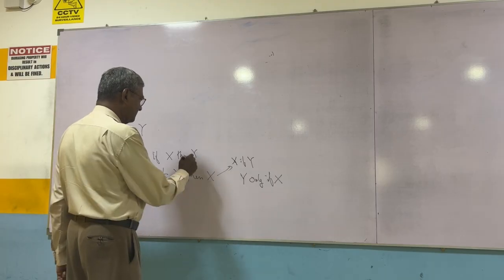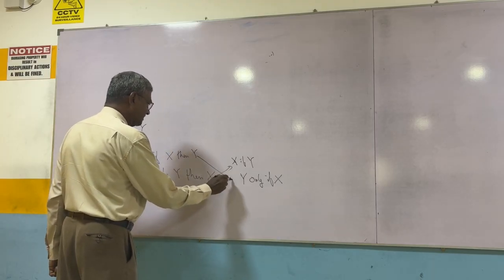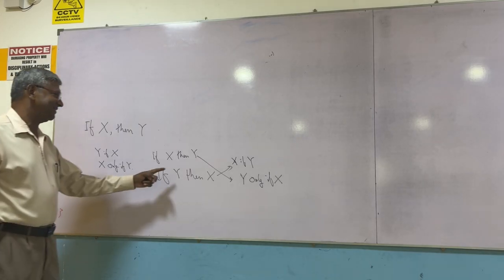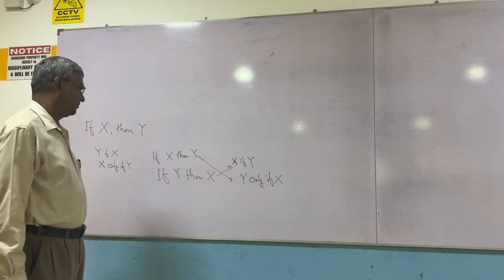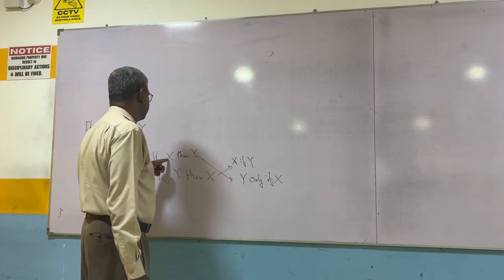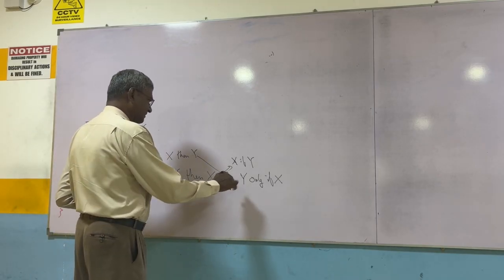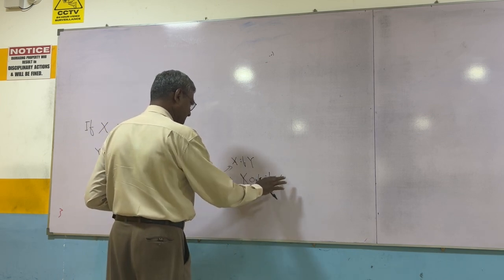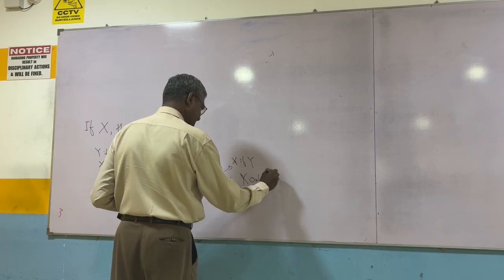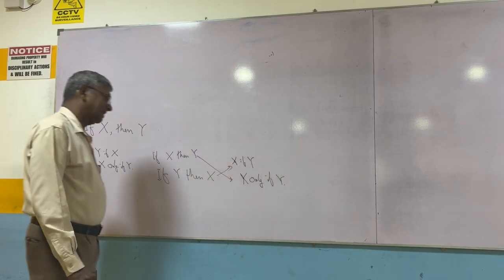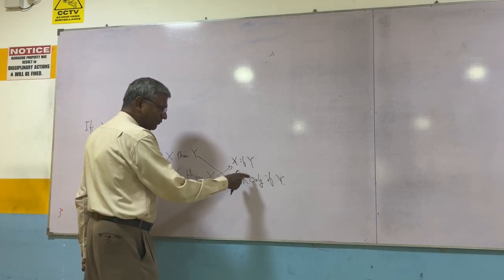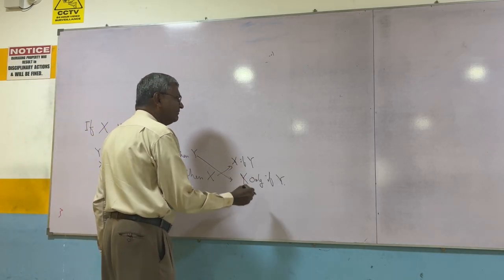Am I right? This one? I also get confused. Let's see. This, if Y then X, X if Y, that is true. If X then Y, then X only if Y. X only if Y. So can you see here, X if Y, X only if Y, then we combine these